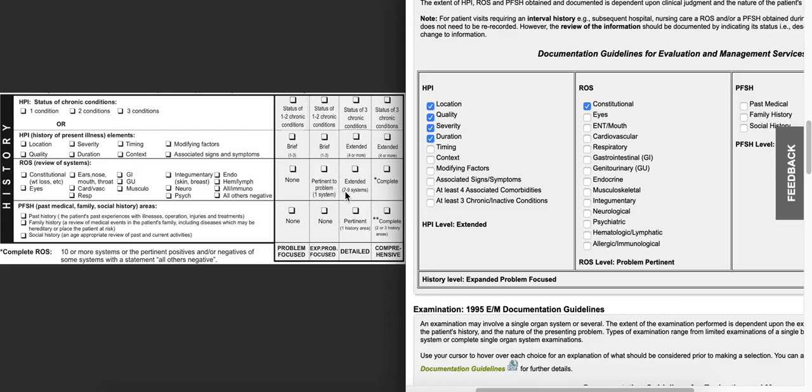The moment we see that the doctor has reviewed two systems up to 9 systems, the level will be extended. So whatever the system the doctor has reviewed apart from one, say respiratory apart from constitutional, the moment we select two systems to be reviewed, the level of ROS becomes extended as per this offline model as well. So you can see if we select up till 9 systems, the level will remain extended. I'm selecting 9,